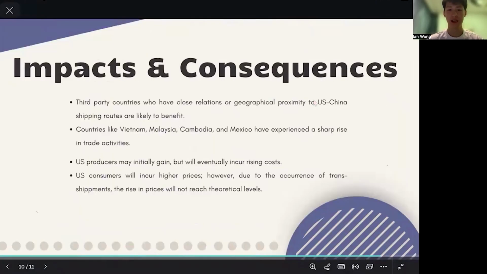What does this mean for stakeholders? Third-party countries gained new businesses as middlemen, boosting shipping, assembly, and logistics as they experience increased trade flows through their economies. US producers gained some protection but also faced higher costs when inputs became more expensive. US consumers paid more but not as much as they predicted, since rerouting softened the blow, but still a higher cost due to inefficiencies and handling costs. Economically, this is a classic deadweight loss. Consumers lose welfare, producers only partially gain, and resources are wasted in detours rather than efficient production.